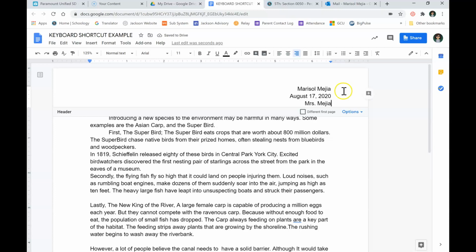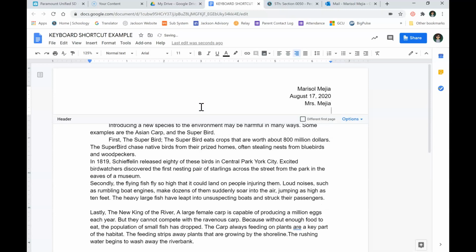Okay. Now, what else do I need here on top of my page? This is an essay, so what should I have here in the center of my page? I should have a title. So I hit Enter one time so I can go to the next line. But now I need this to be in the center. So do you remember where we go to make everything go to the center, our writing to the center? If you sit here up top, that is exactly where we go. So you click there, now it's in the middle, and I need to type my